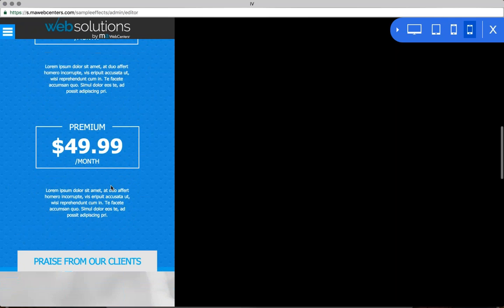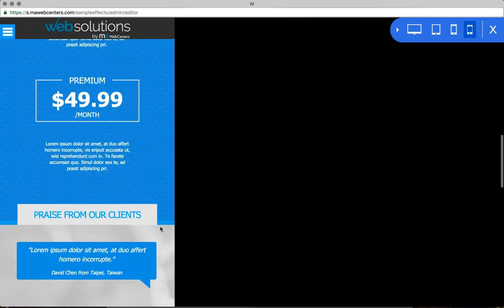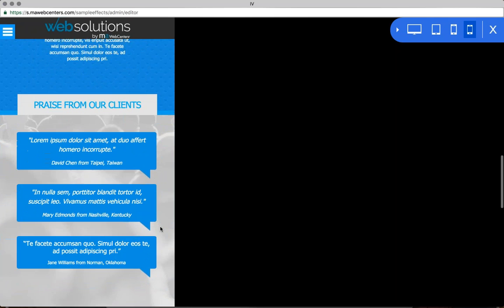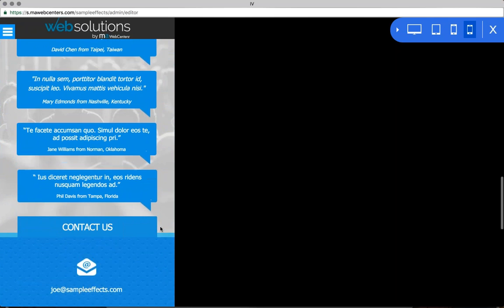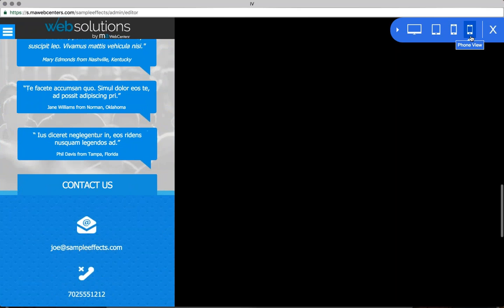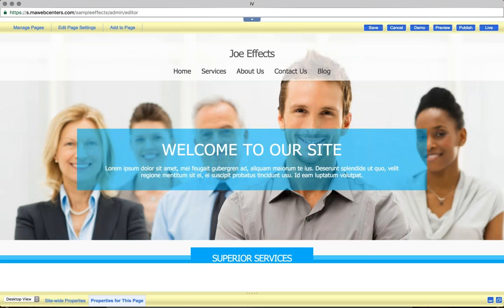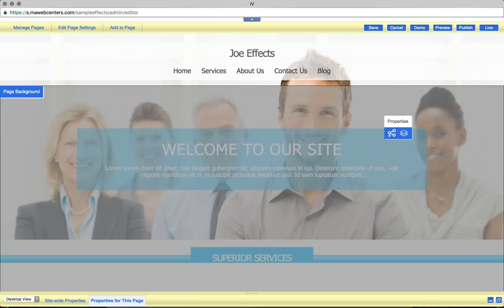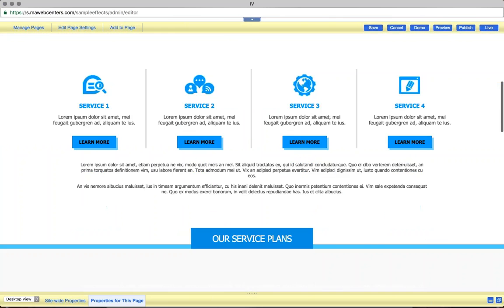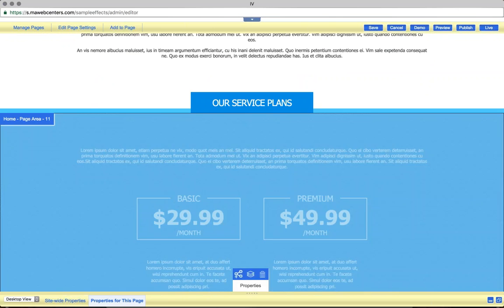It's that responsive stuff that Sarah was talking about earlier, where no matter what you do, it's going to look awesome on any device you look at it on, whether it be a mobile phone, a phablet, a tablet, or a desktop. Let's go ahead and jump out of demo mode, and I'm going to show you how we've utilized some of these